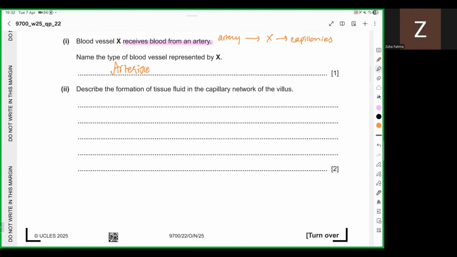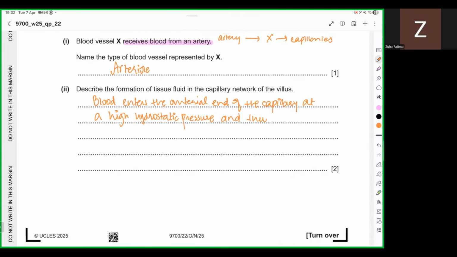Describe the formation of tissue fluid in the capillary network of the villus. So basically, blood enters the arterial end of the capillary at a high hydrostatic pressure,